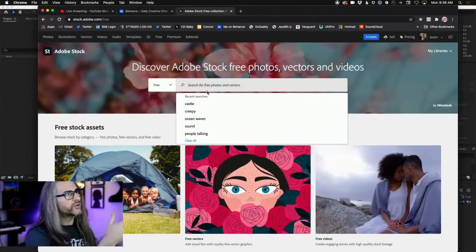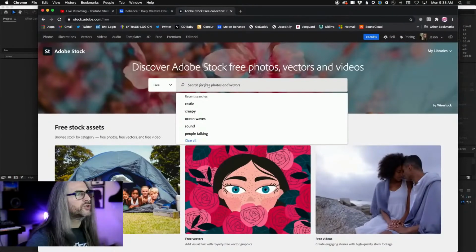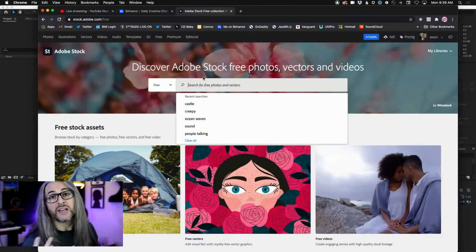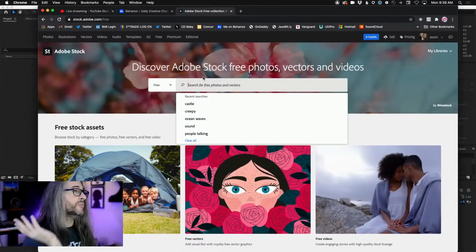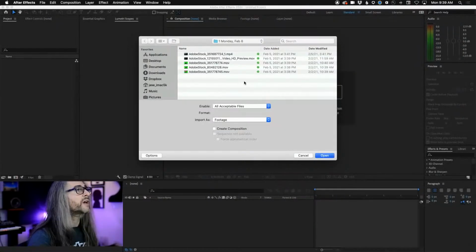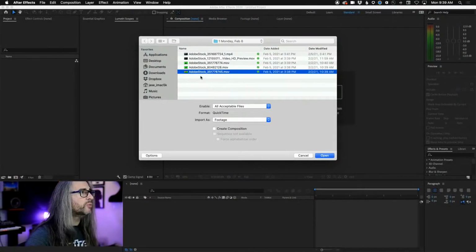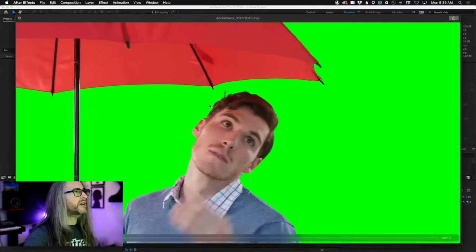stock.adobe.com/free, and in here you can search for whatever it is that you want: photos, vectors, and videos, okay? Almost all of the footage, I have some of my own stuff in here, but almost all of it is from Adobe Stock. All right, so back over here, we're going to start with this Adobe Stock clip of this